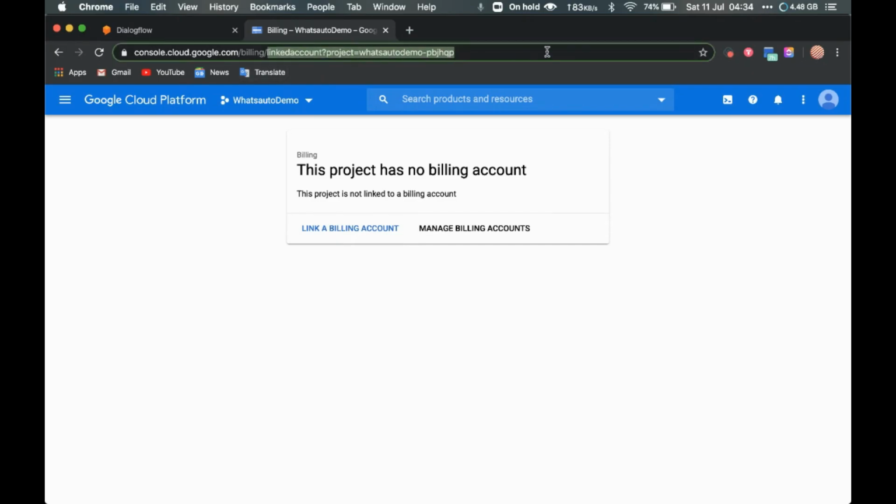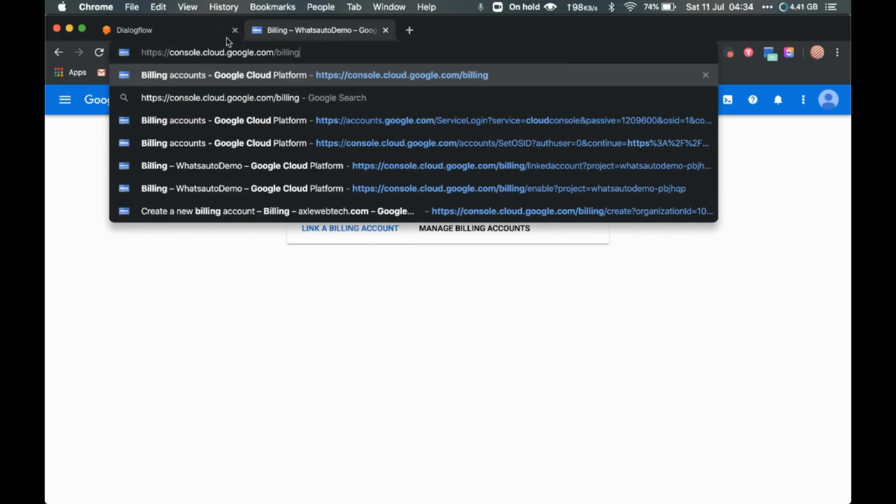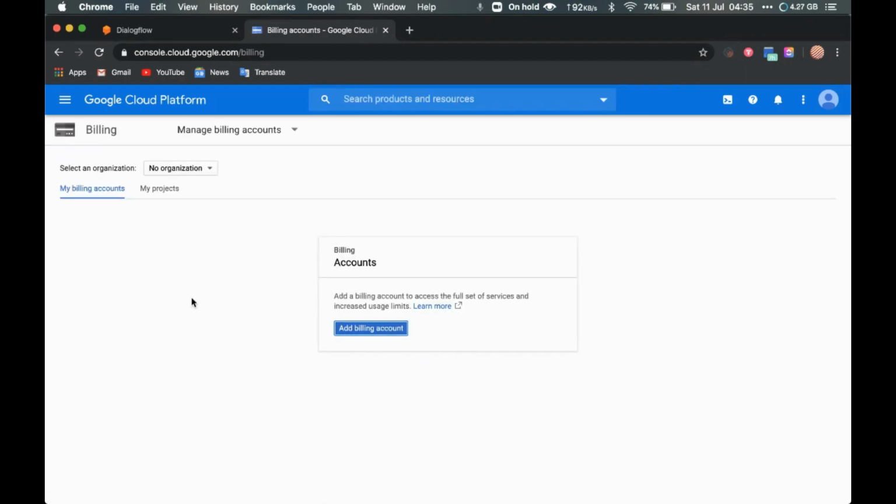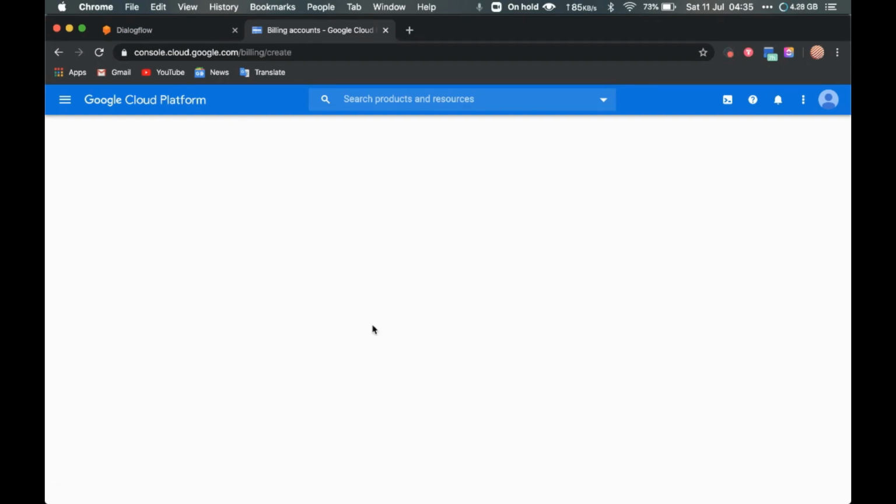Another way to do this is to go to console.cloud.google.com/billing. Once you are here, you will see the message to add a billing account. So let's create a billing account.